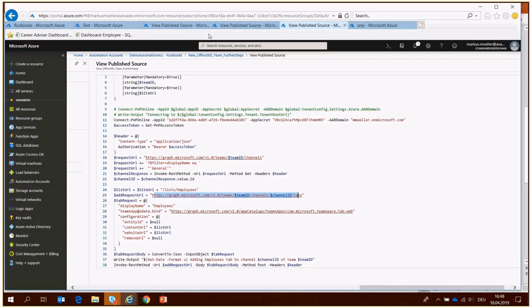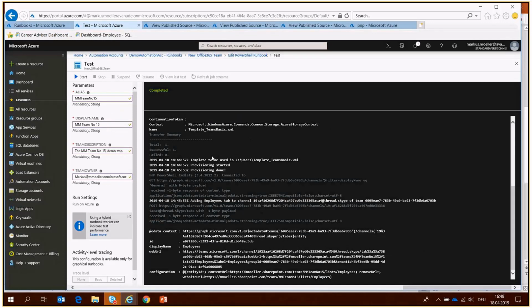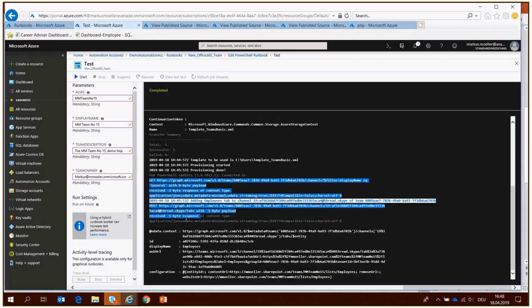And the final result in our test is that everything went fine. Here we have the download of our XML template, which was done to the local running environment of the automation account. And then finally here the provisioning is done. This was the second runbook, and here already starts the third runbook, where we are adding the tab against our team. And then finally, when we switch against our team,